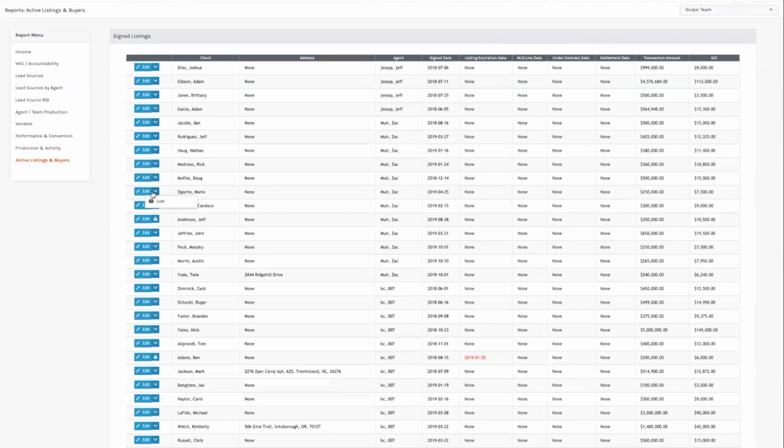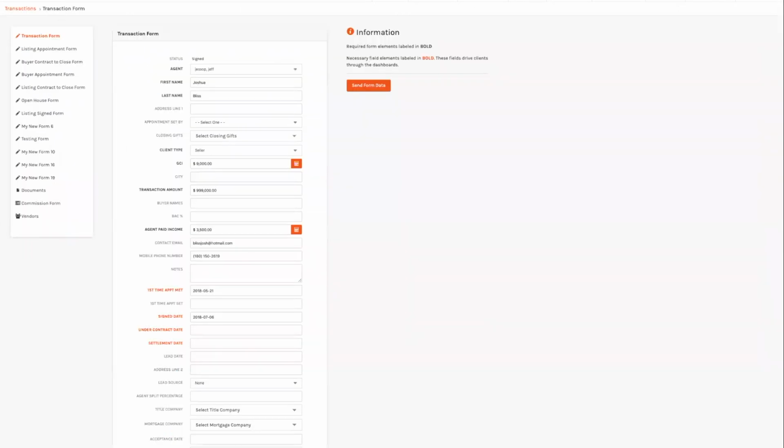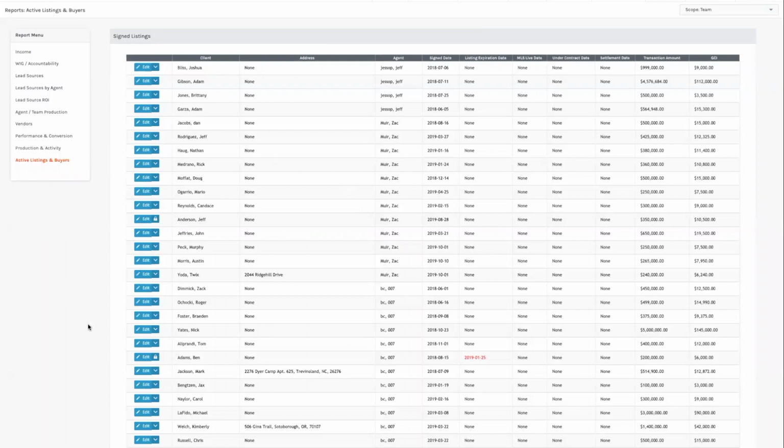Now you do have the ability to come in and actually edit those transactions from here, much like your transaction screen. So it's just another way to get at the transaction if you want to make some changes, rather than going to the transaction screen. So we appreciate the